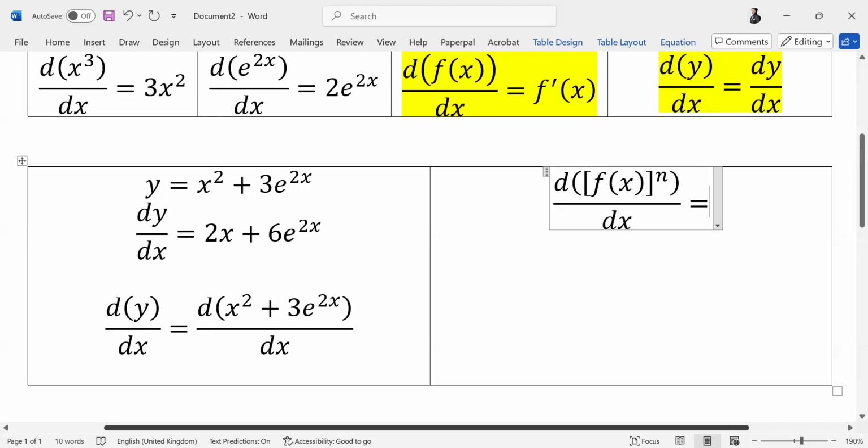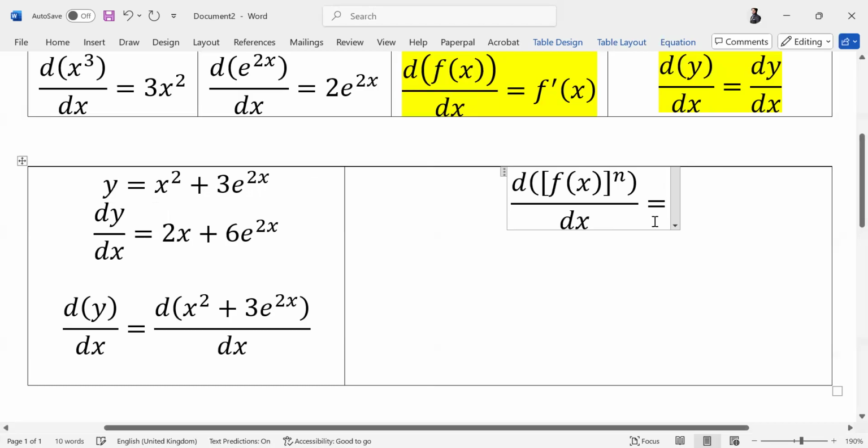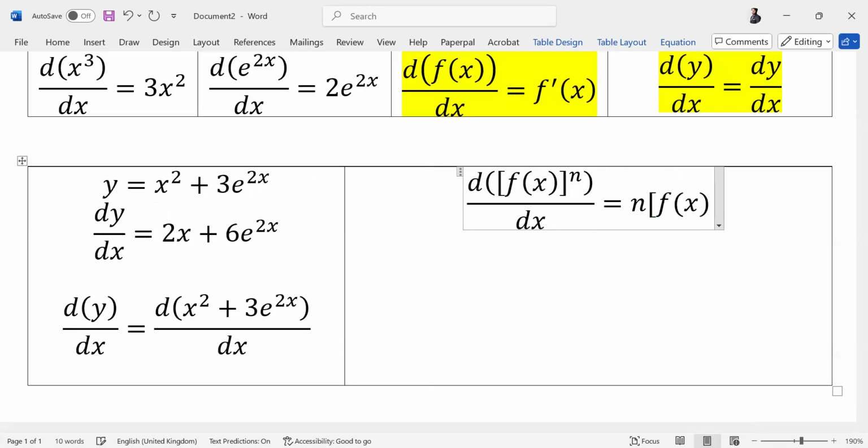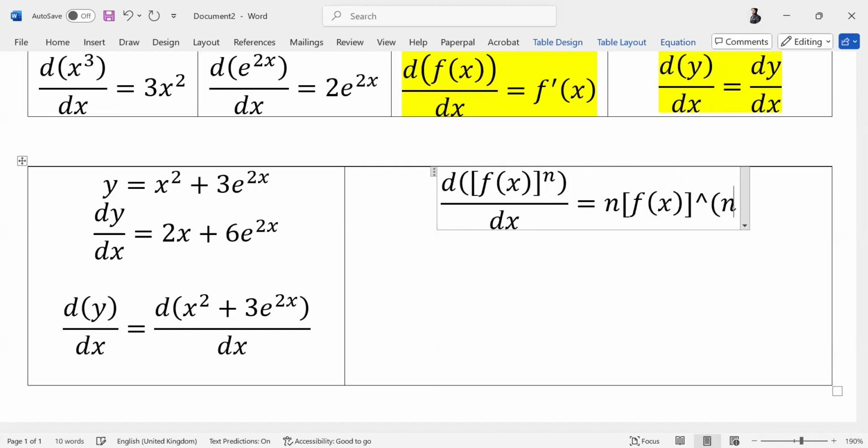Why dy by dx? I'm not even calling it y. Any function such that it has a power n. Speak the whole thing, you have done this earlier. Say it, n. Very good. The function remains as it is. The power is reduced by 1 and